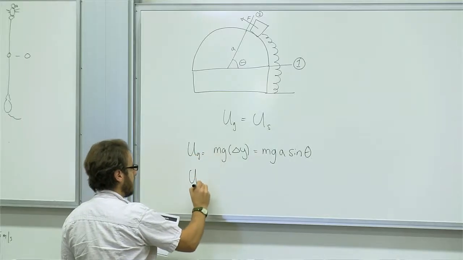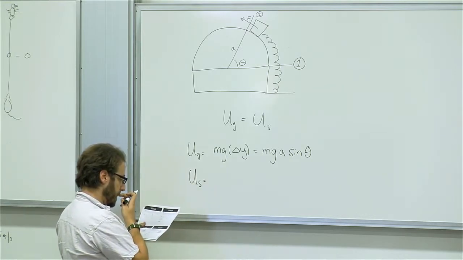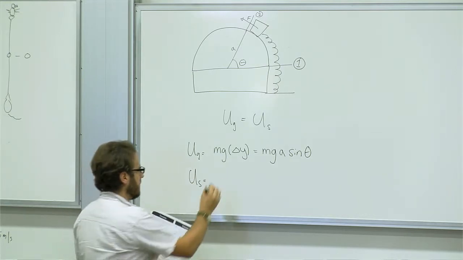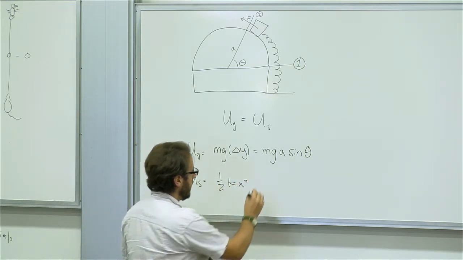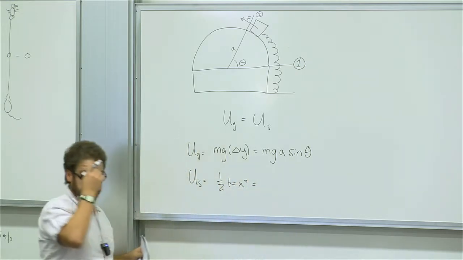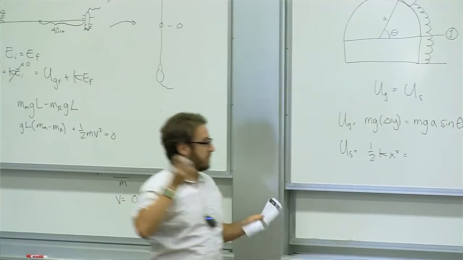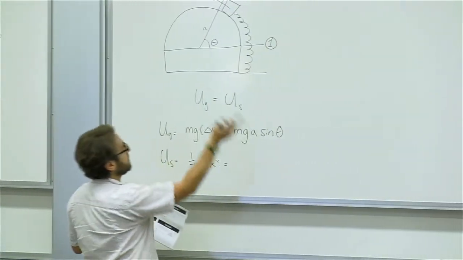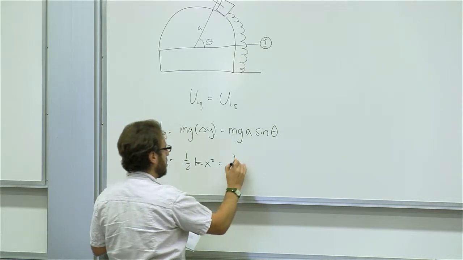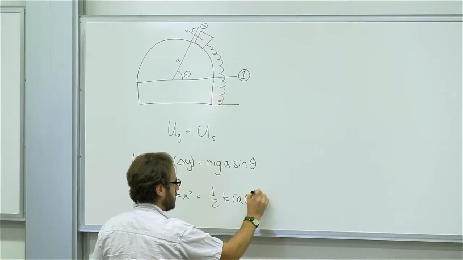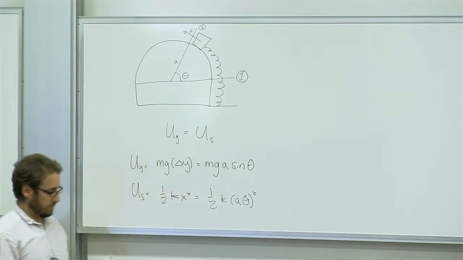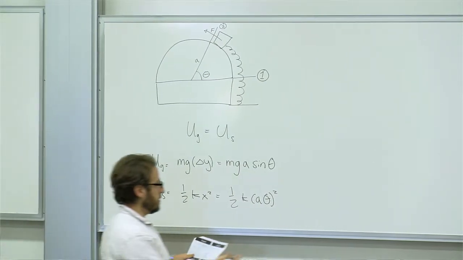Okay, what about the spring? Well, this is 1/2 kx squared. How do we write x squared here? A times theta, right? The distance around the curve. Okay, so the total energy